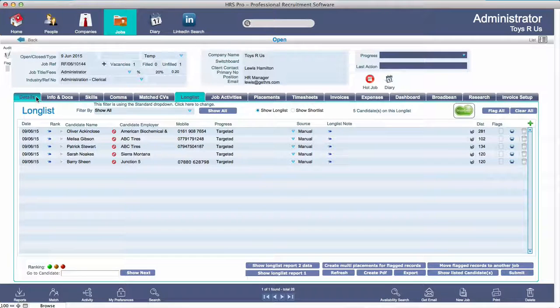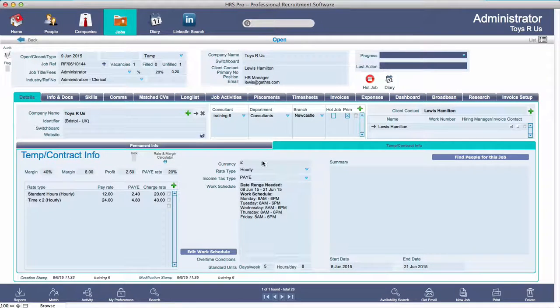Next, we're going to have a look at how to create a temporary placement in HRS Pro, create timesheets for the placement, and also create some contracts. I'm currently sat in a temporary job, and on the details tab for this job you can see that I've entered a date range which is needed for the worker, so 8th of June to the 21st of June every